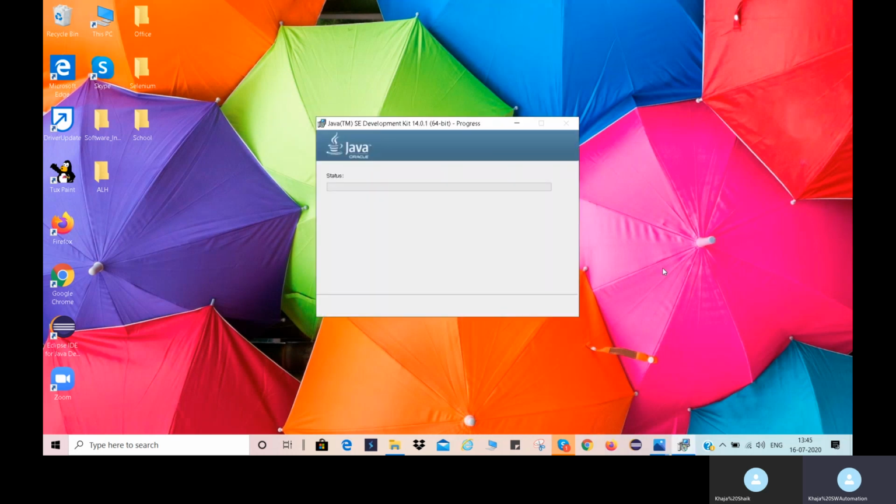It will take a couple of minutes to install Java. Yes, so here the installation is done. See, here it is showing Java SE Development Kit successfully installed. So just click on this close button.